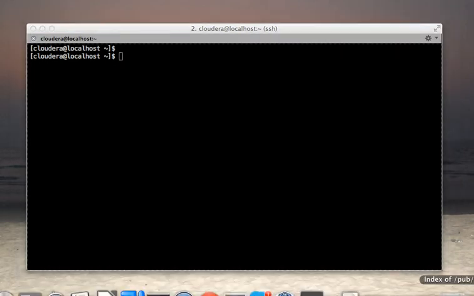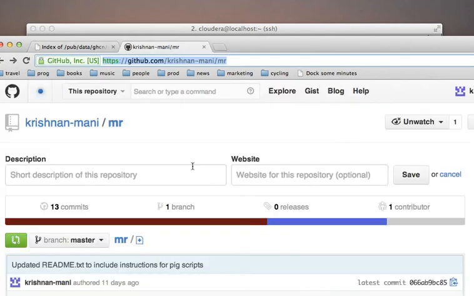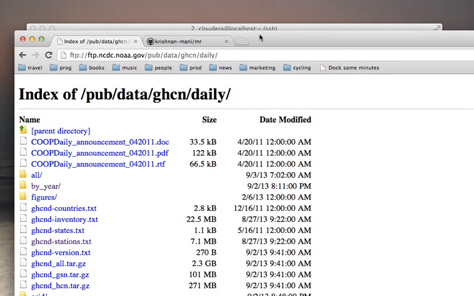So the scripts and the data that I'm referring to are available on GitHub at this public repository that you now see on the screen. And the data that we're going to use is weather observations available via the NCDC in the public domain. You can just Google for it. They have an FTP location that you can pull down the files from.